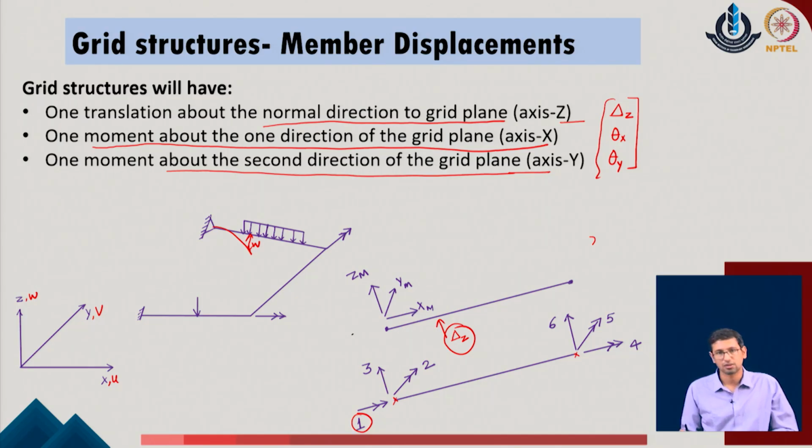But the idea is that at any point of a grid system we are supposed to get a translation in the vertical direction normal to the given plane of the grid, and two possible moments which are in the direction of the grid system. So, if the grid is in the xy plane, the moment about the x axis and about the y axis will be there, and the translation in the z direction will be available. So, these are the three possible degrees of freedom which we get at any point of the system. Considering the two nodes, we get these 6 total degrees of freedom in the given system.